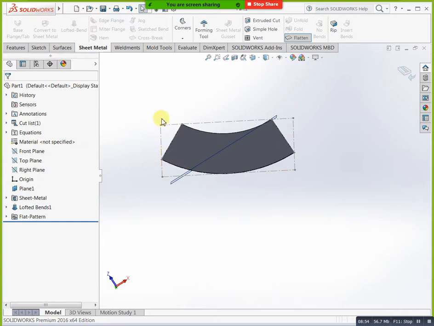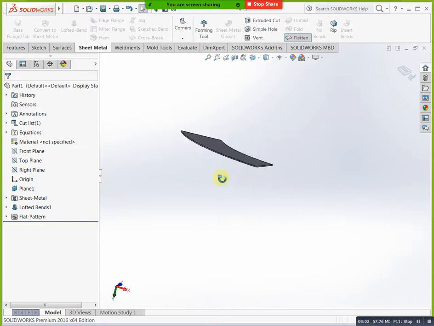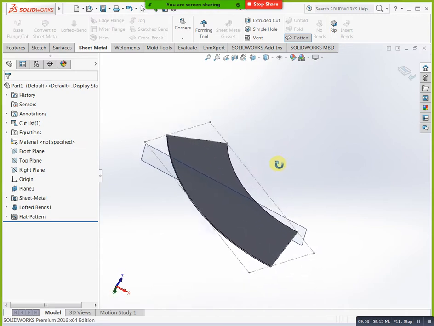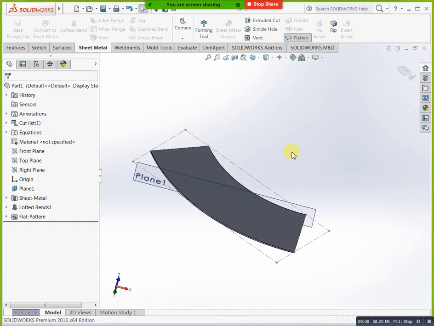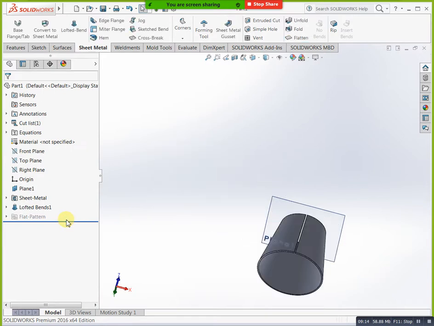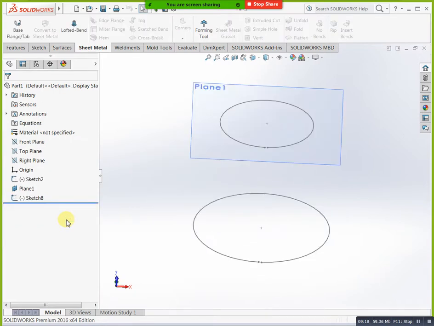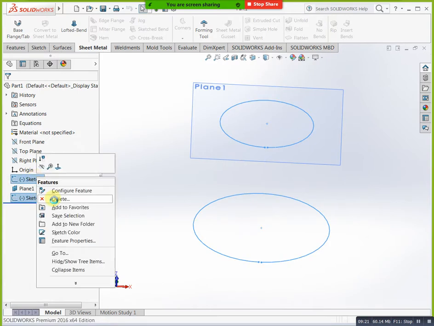Okay, this is lofted sheet metal. Okay, I need to create one more. What is that means? For example, I have one solid. Okay, that solid I need to convert it into sheet metal. How can we convert that one? Now we can try that one. Just you can take any one model. Just you can take one rectangle. Then you can do okay.